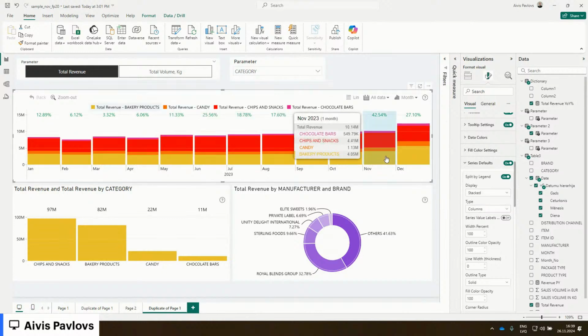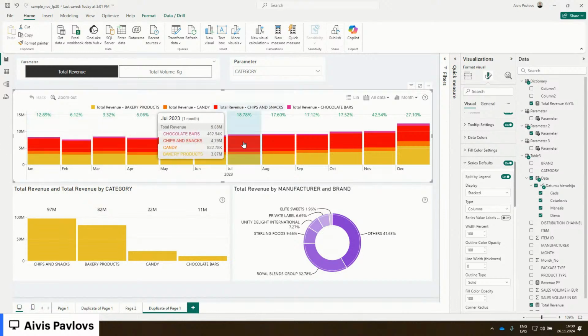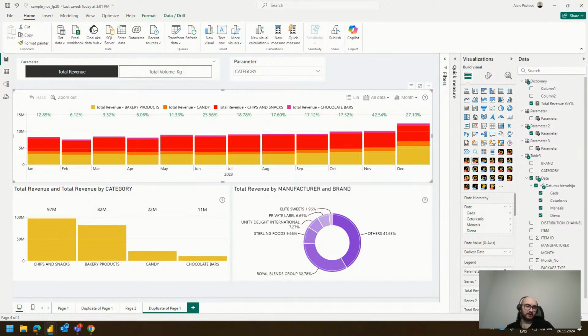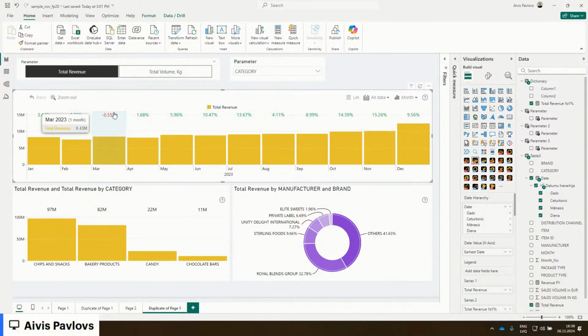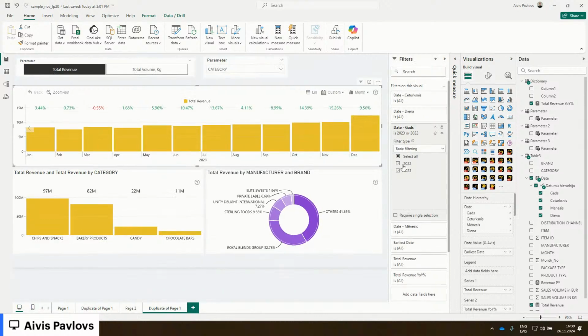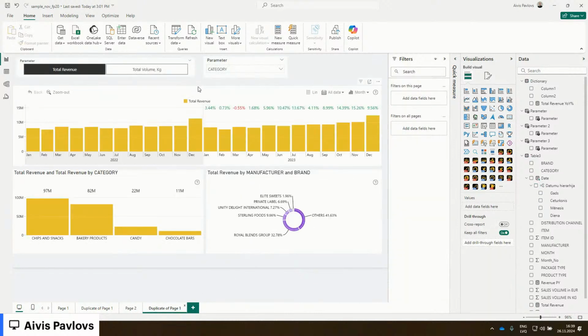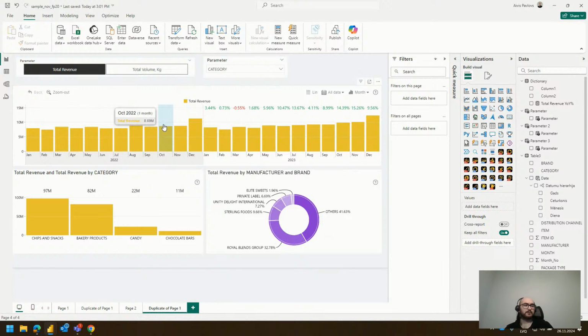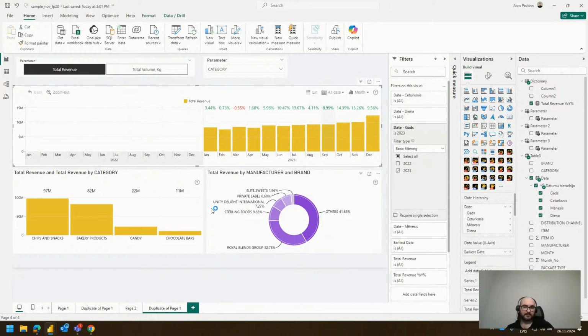So it just depends on what you want to create, but essentially this is an exact replica of what I had before with a little bit of information on top, right? It all depends on what you're trying to achieve here. But the reason I wanted to do this is, like I said, I wanted to have this year over year comparison. But to have it nice and neat, I don't want all the data. I don't want information regarding the first year and the second year, because essentially this part is not going to have any year over year, right? You could have that as an option for an end user to choose whether to include it or not. But in my case, in this particular page, I just focused on 2023,